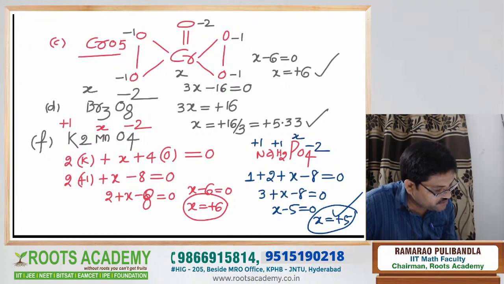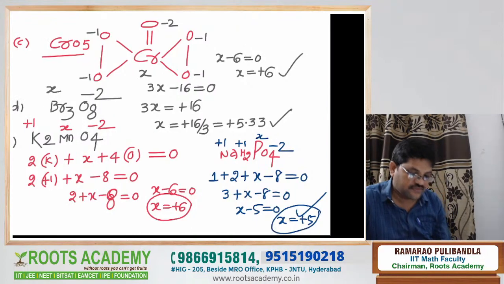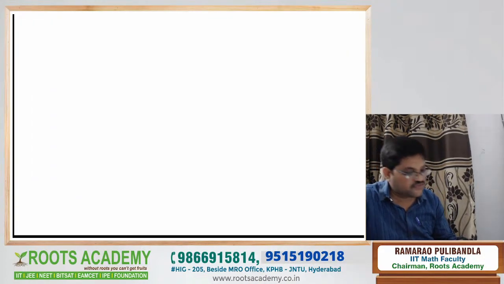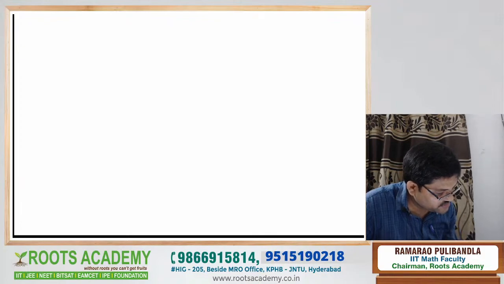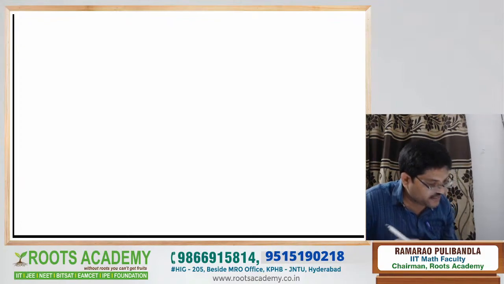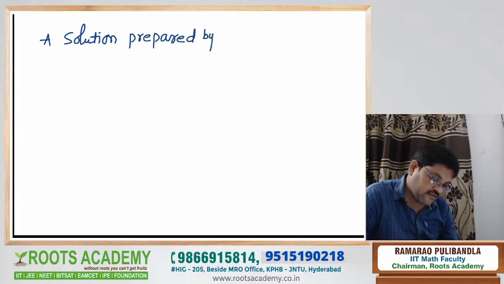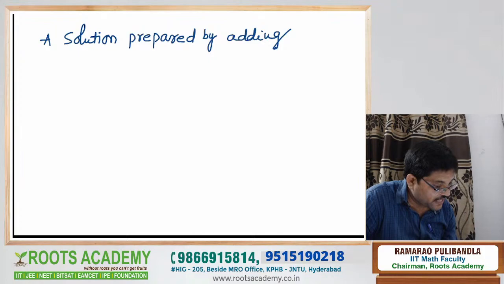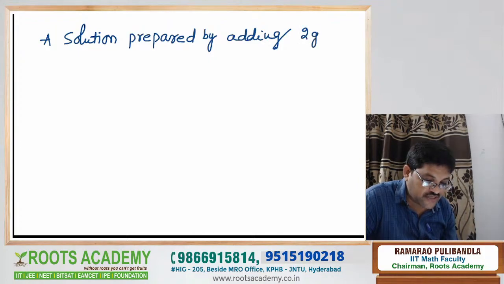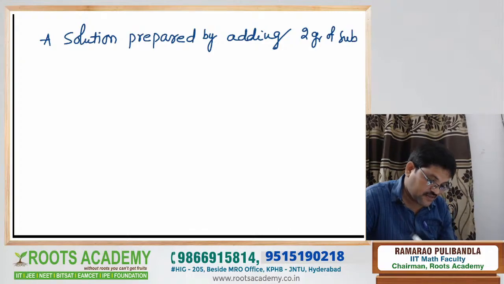Next question. A solution is prepared by adding 2 grams of a substance to 18 grams of water. Calculate the mass percentage of the solute. First of all, I write the question. So how is the question given? A solution prepared by adding 2 grams of the substance A